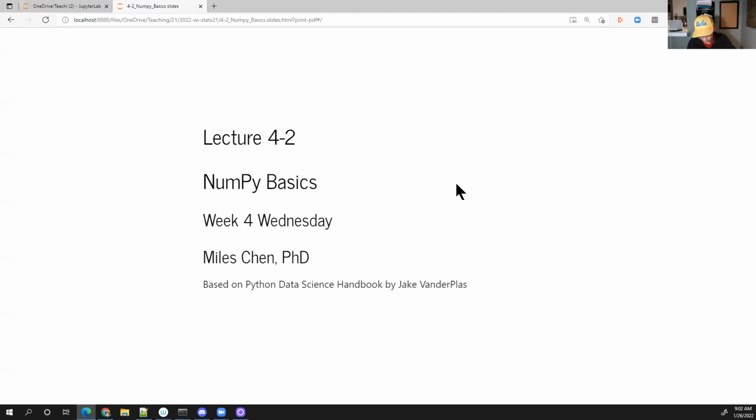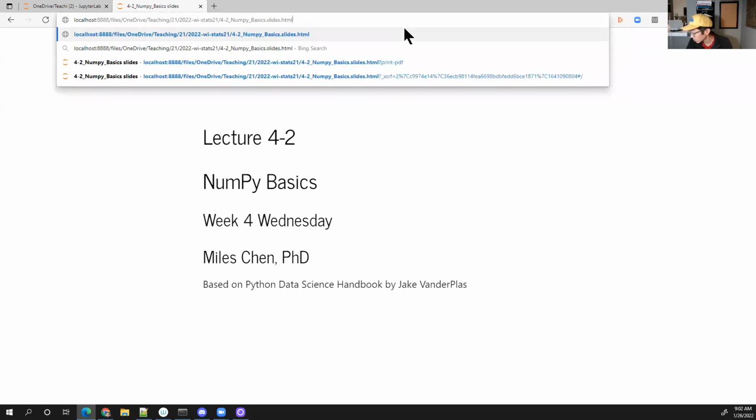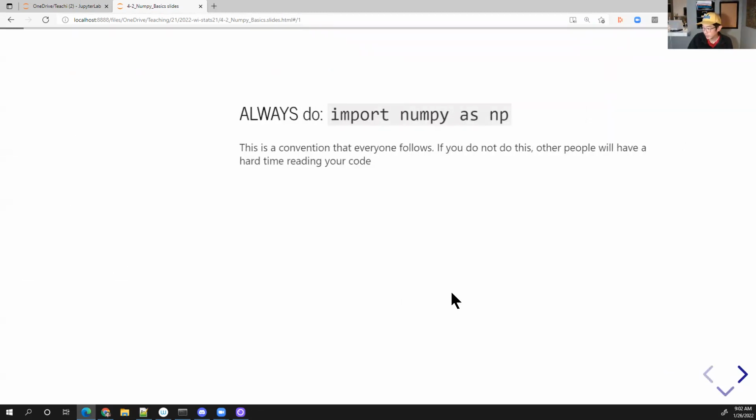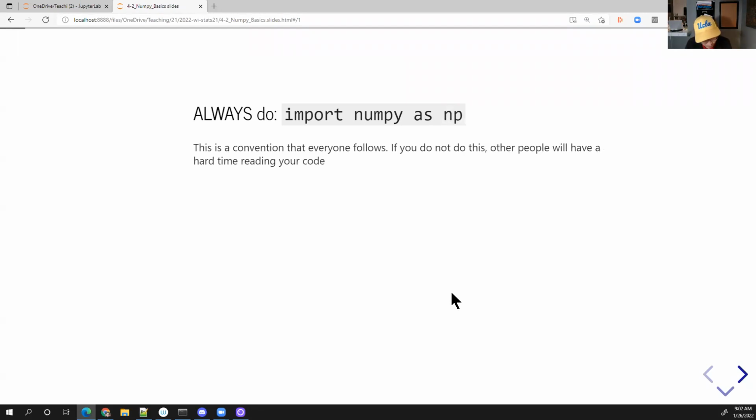NumPy introduces a data structure called the NumPy array, which will be important as far as computing speed and things like that go. So you have to import NumPy whenever you're going to use it, and you can just write import numpy,